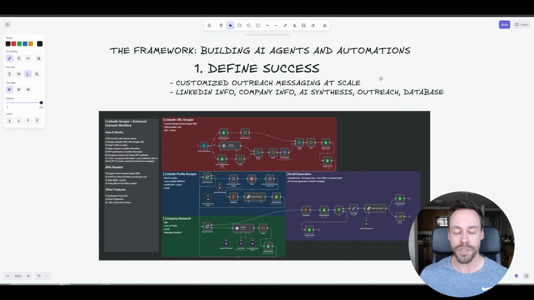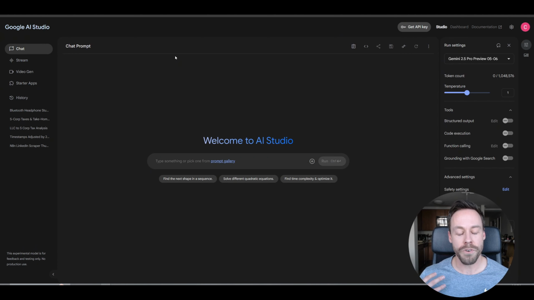And also, most importantly, this isn't something you need to do on your own, right? You're not sitting here with just pen and paper and hoping this comes to you out of thin air. You need to be working with AI on this. And so for me, the AI of choice is Gemini 2.5, right? If you use the AI Studio one, it's A, completely free, and B, it's really, really good when it comes